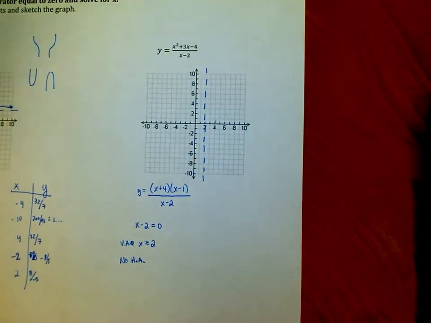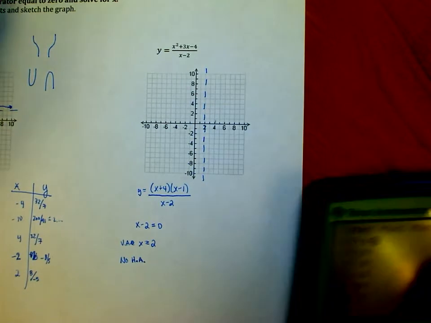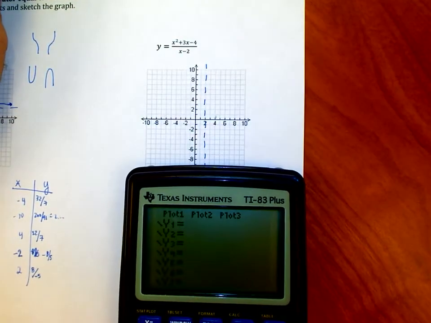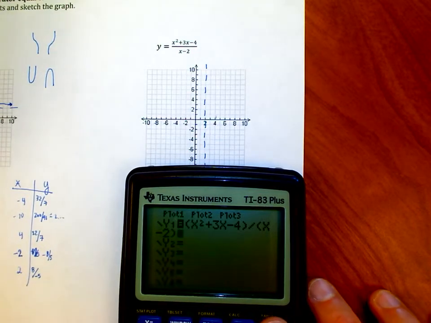But really, what happens is this, okay? I'm going to graph this, I'm going to show you the picture, and we'll use this as the starting point for the rest of our problem. So I have x squared plus 3x minus 4 on top, notice my parentheses, divided by, notice the parentheses, x minus 2. Forget the parentheses and nothing's going to work. It's not going to look like this at all. When I go to graph it,